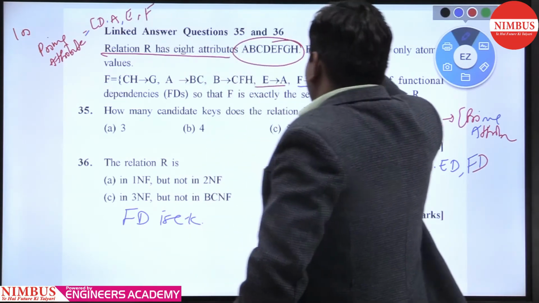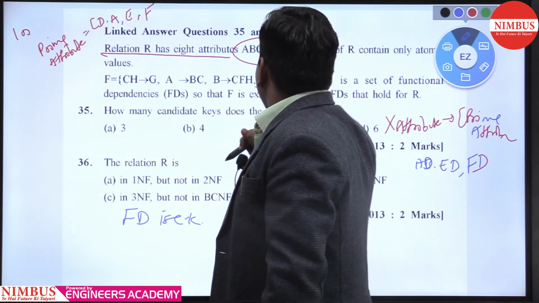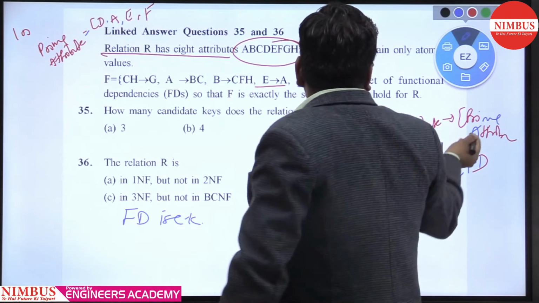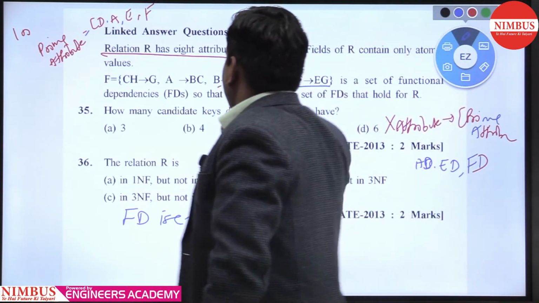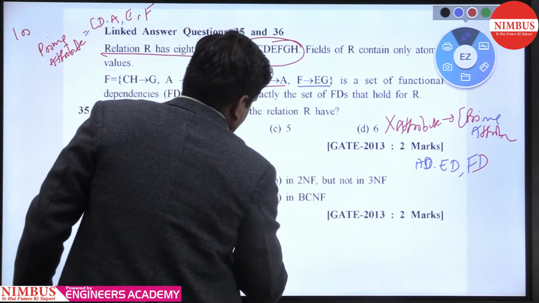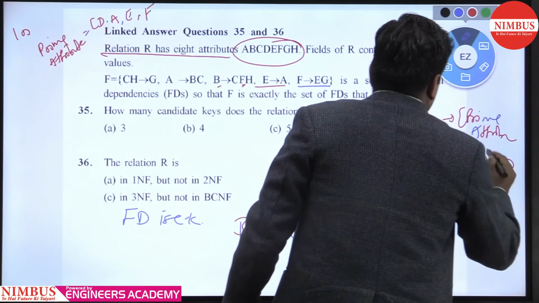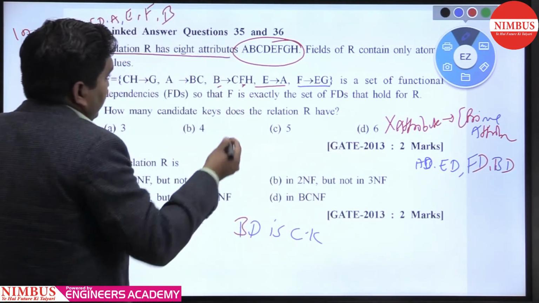The work on E is not finished, we will check E again to see whether it is coming from anything else. After that we will check F. F means, is F determined by any other attribute or not? Yes, F is determined by B. So the next candidate key is BD. And here we write the attribute B. The work on F is not finished, we will check F some more.